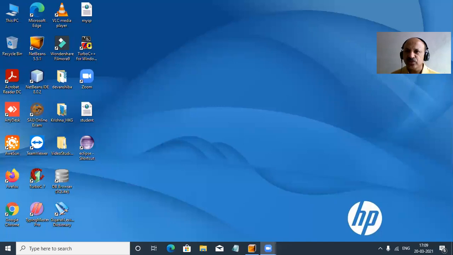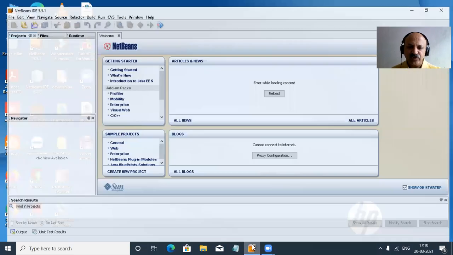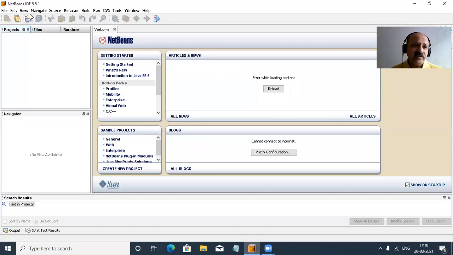In this session, we learn how to select a record in a JTable and perform update and delete operations in a J2EE project. So let us start. First, I share my laptop screen and fix the position here so you can watch my video lecture better. And here I already opened NetBeans 5.5.1, that IDE.